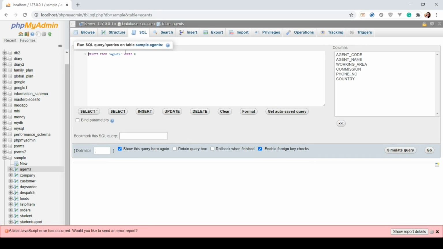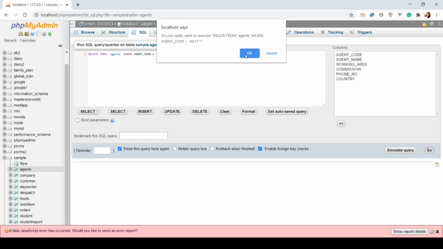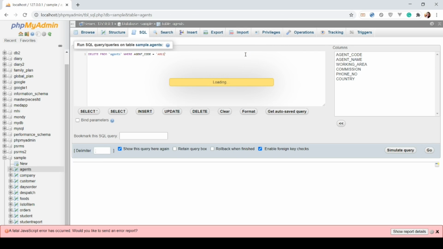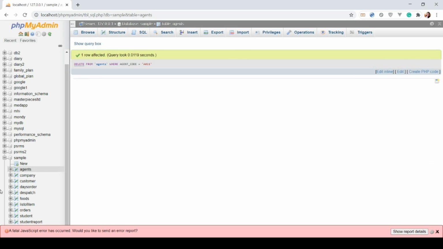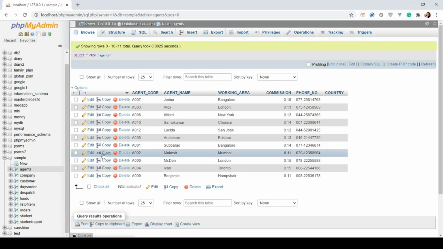So let's click delete from agents where agent code is equal to A011. So agent A011 has already been deleted.